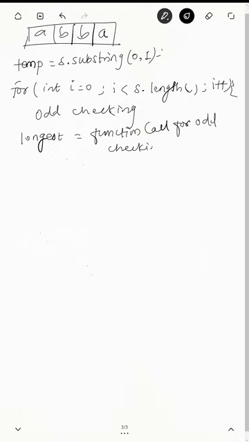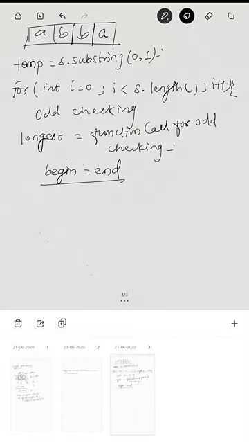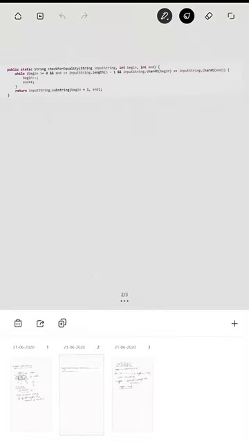Now when we are calling the function for odd, in odd cases, begin and end are both the same. So here we have the function of equality check. So let's work on it.